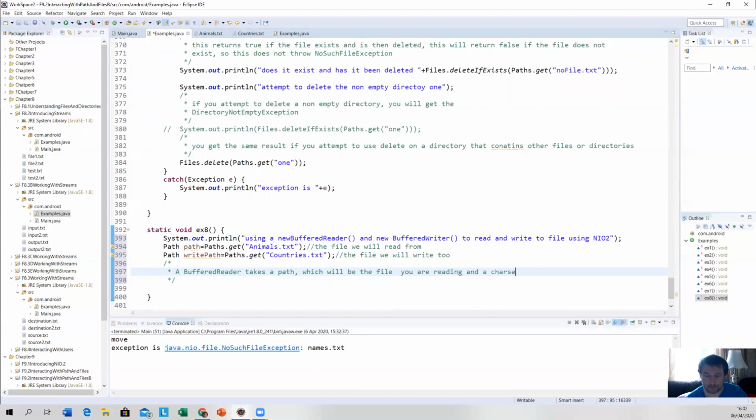and a char set. Now, when we come to doing databases, a year or two ago we were all doing MySQL. Remember, we were doing a char set. A char set is basically the format of the characters in your file. So if you're going to be using NIO.2 and you're using a buffered reader, it takes a path, which will be the file you're reading from, and a char set value,